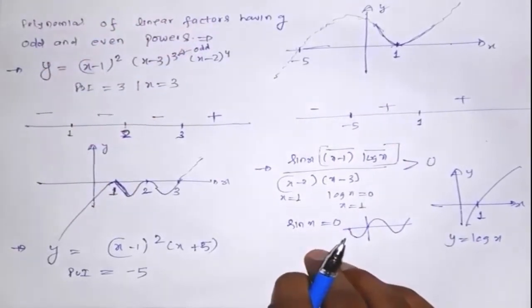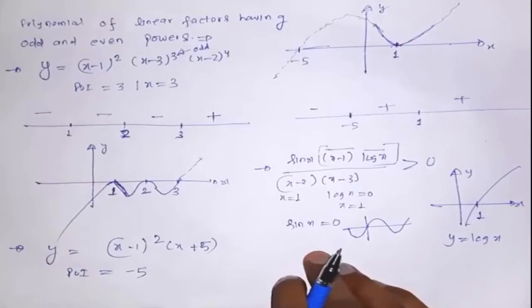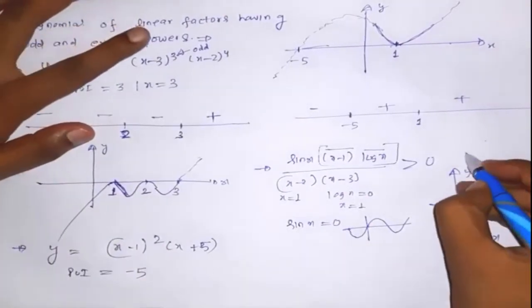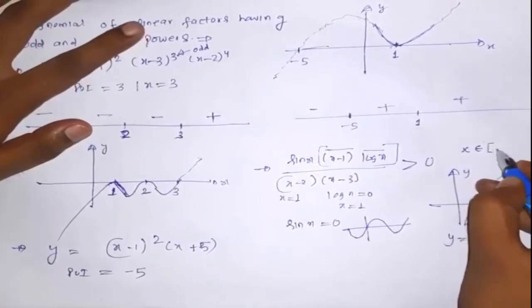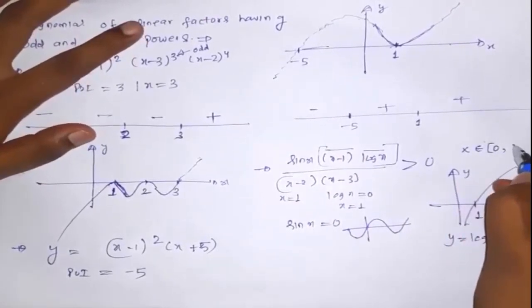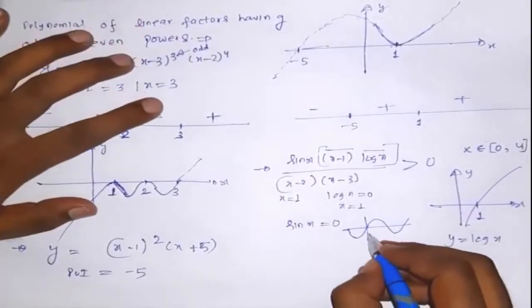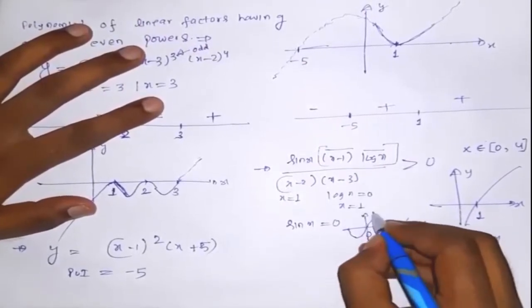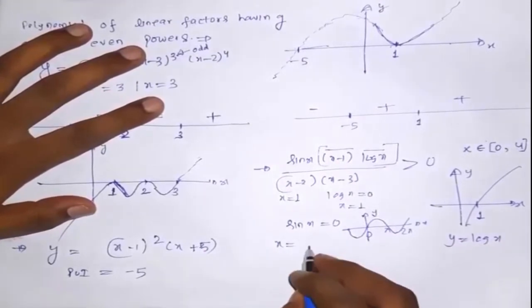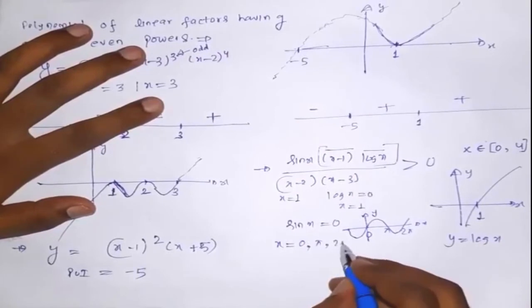sin x. From sin x equals 0, here we can find points of inversion. We will find a lot of points of inversion. Here, one thing in this question is there: we need to go for x belongs to 0 to 4.